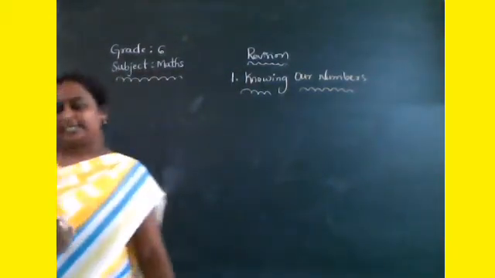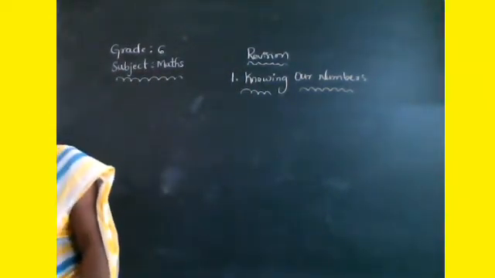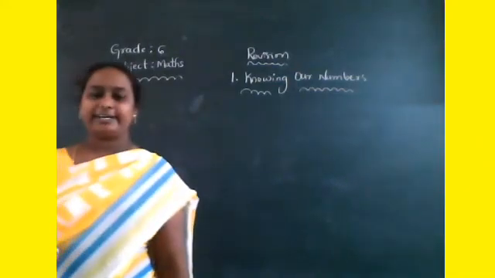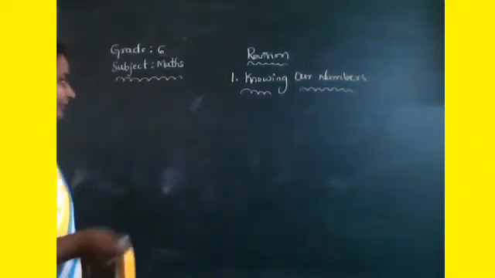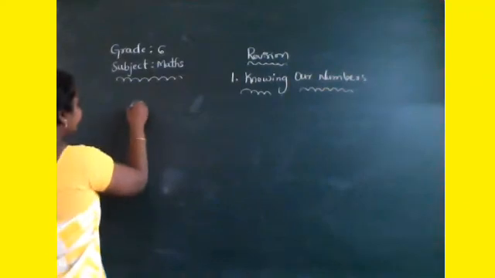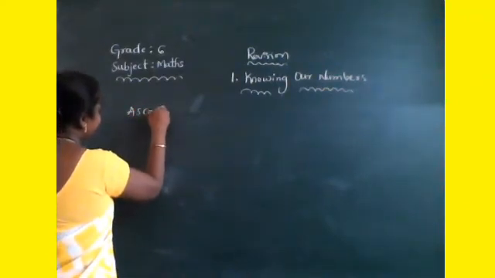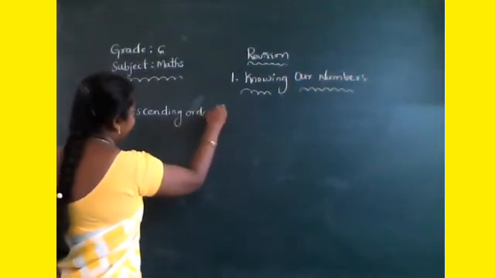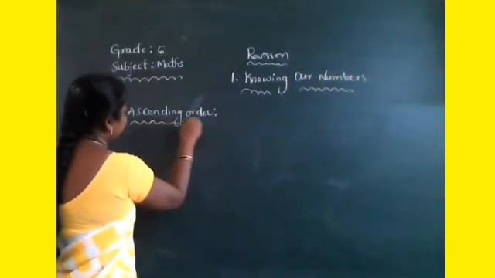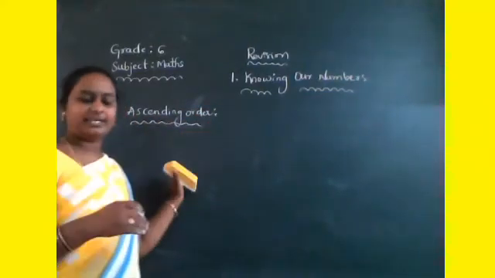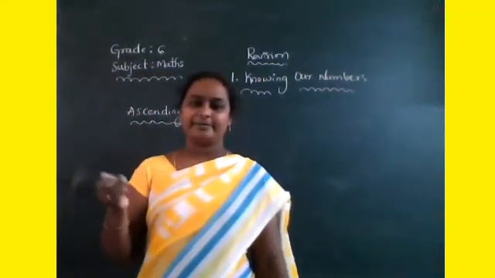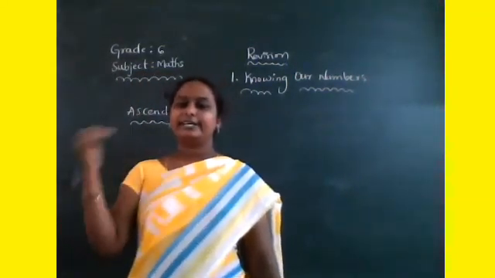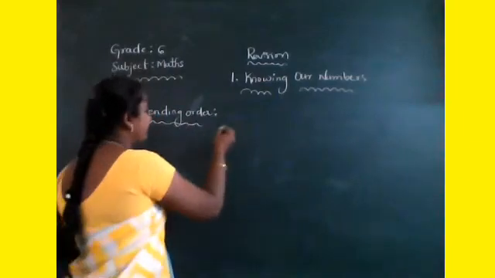Next topic is ascending order and descending order. Do you know ascending order? Ascending order means smaller number to bigger number, smallest to greatest value. So suppose